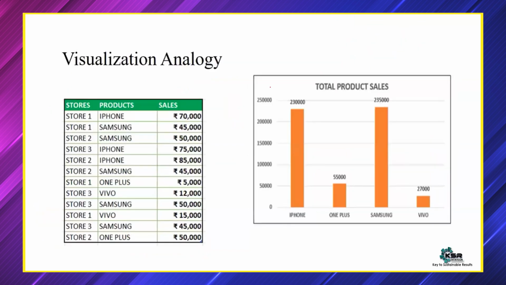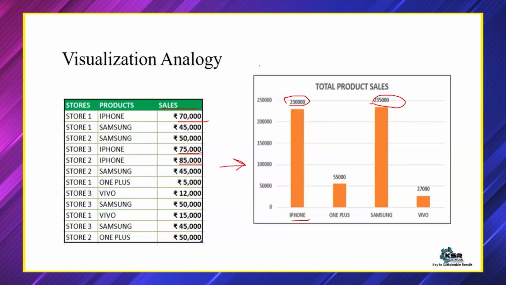Now, moving further, this is more about individual product sales. From this, it is very difficult to understand which product has the highest sales. We might have assumed that the iPhone, which costs around 70K, 75K, 85K, but the number of iPhones sold is only 3, whereas the number of Samsung products sold is more. Even there, the change is slight, only a 5,000 increase, but with this pictorial representation, it is very